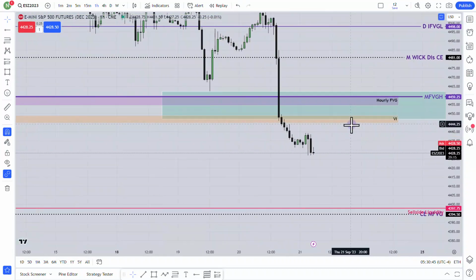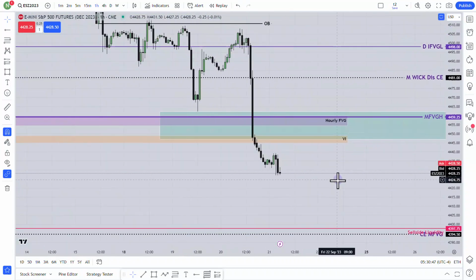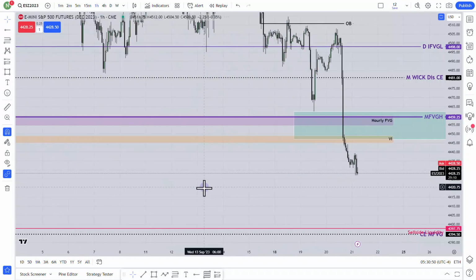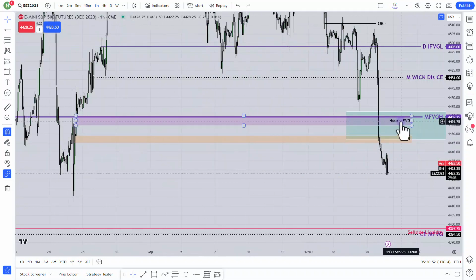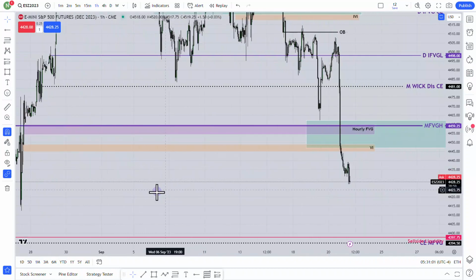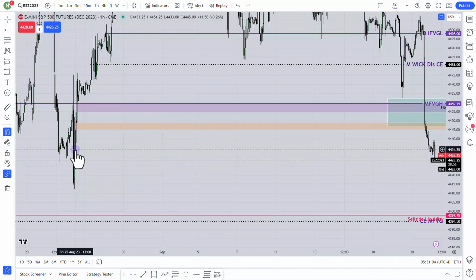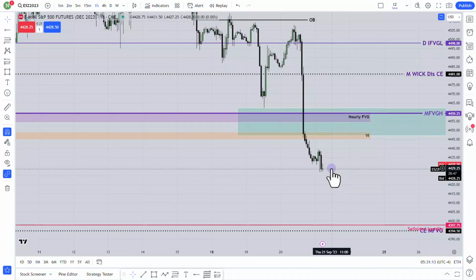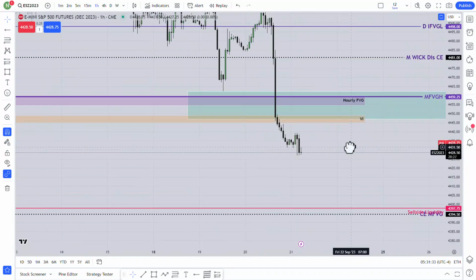So as you see on the hourly chart, price actually came through this hourly fair value gap. It was a very nice run. So right now this inversion hourly fair value gap is very important for me. I'm thinking price will trade over here somewhere. Maybe it will make equal lows. My expectation is price will trade this before clearing the sell side liquidity. So that is my thinking. Price should trade this.